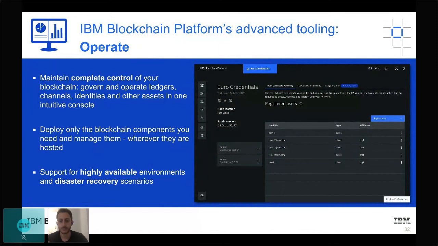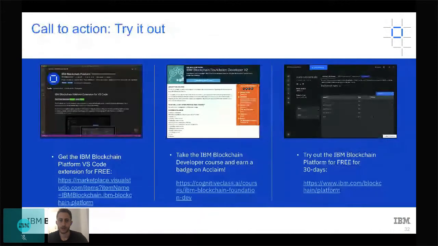And we provide the ability to deploy this onto a Kubernetes cluster and to manage this all through containerized deployments. And at the end of the day, you can have this highly available in different data centers for those production use cases. There's great uptime, disaster recovery, everything you need to take these things into production.